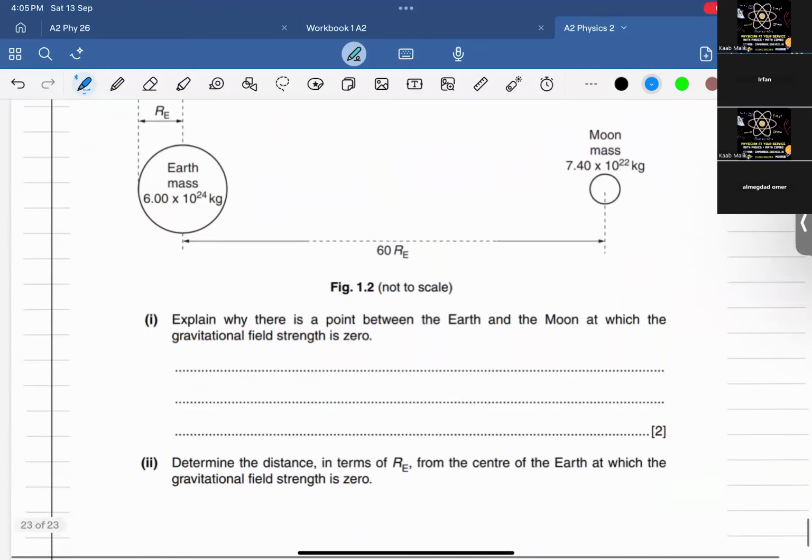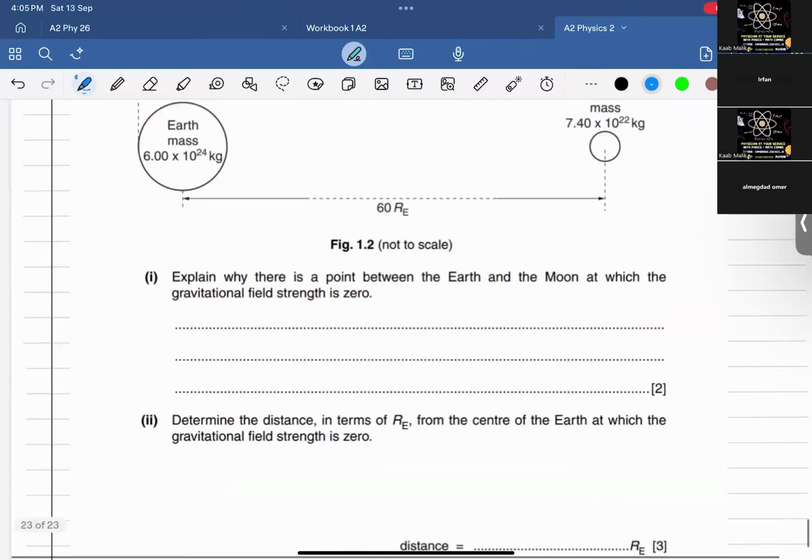Now, explain why there is a point between the Earth and the Moon at which the gravitational field strength is zero. We know that gravitational field is a vector quantity, and at every point the gravitational field is the resultant of the two fields. Since they are in opposite directions, they cancel out. So we'll write